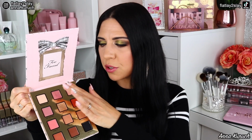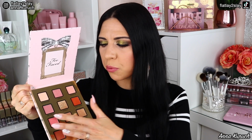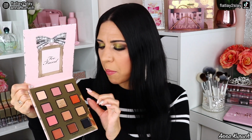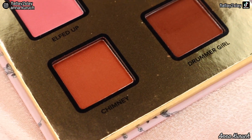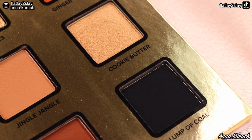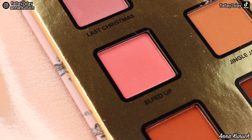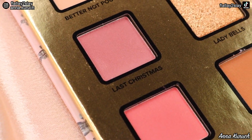And I also really like how we have light matte eyeshadows. We also have eyeshadows that will be perfect for everyday makeup. We have eyeshadows that will be amazing for fall makeup, and also some brown matte eyeshadows as well as a stunning black matte eyeshadow. So I think this palette will be perfect for an everyday makeup look, and also for those who like neutral shades,